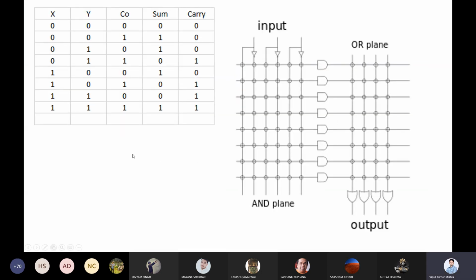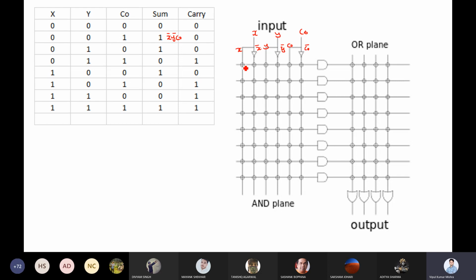Right. Now what we want, we are saying this is your X, this is your Y line, this is your C0 line. So here you will have C0 bar, here we have C0, here you have Y bar, here you have Y, here you have X bar and X. Right. So first of all, we have to figure out how many AND functions we require. So first is required here. Here the function will be X bar, Y bar and C0.